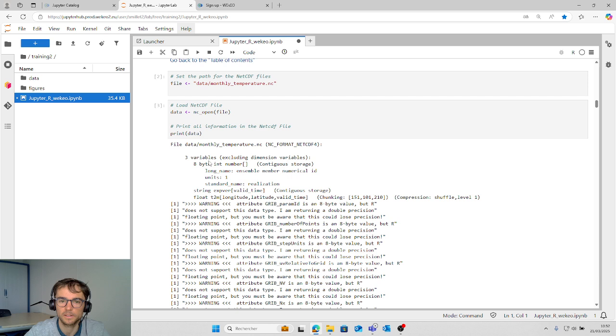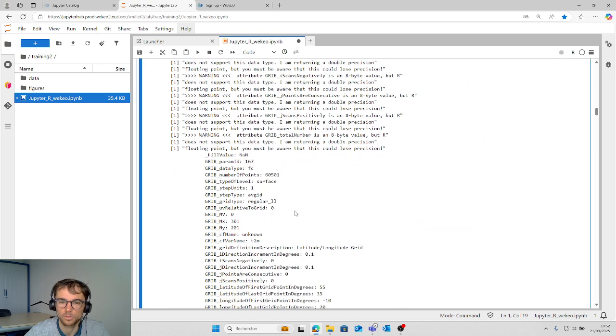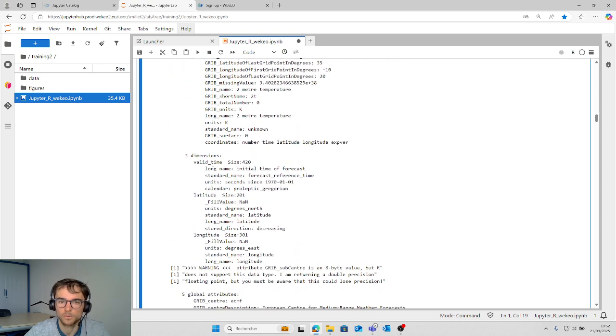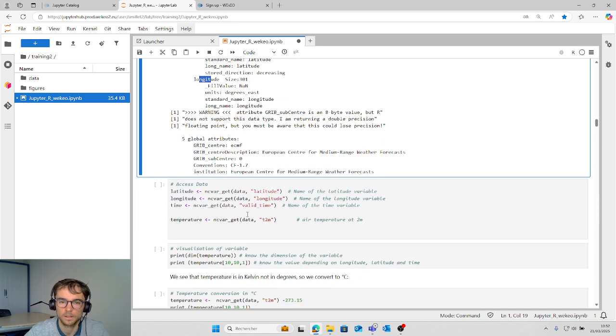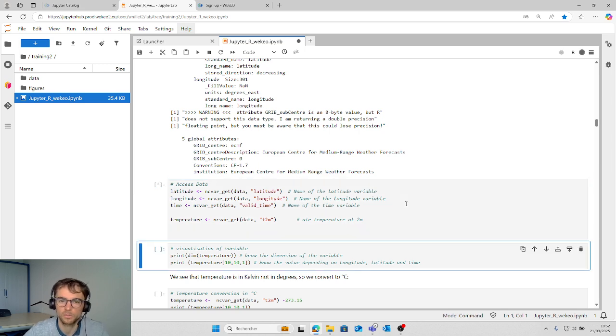We see that there is a temperature variable, T2M. You have the dimensions here, which are time, latitude and longitude. Then we load all the variables: latitude, longitude, time, and the temperature.